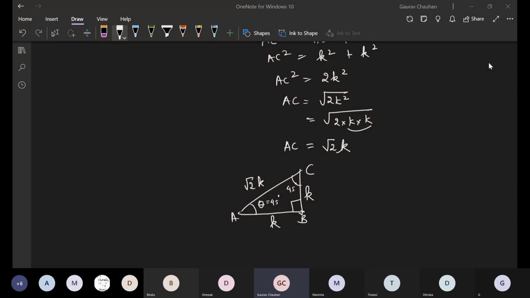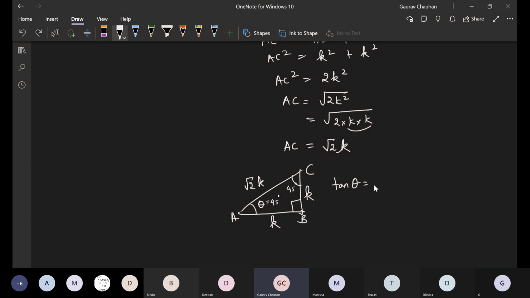Everyone okay so far? Any doubts so far? I have found all the three sides in terms of K so that when I take ratio, K gets cancelled. That's my intention behind all of this. I know theta is 45 degree. Now, can you tell me what will be tan theta? Even if you take the other theta, it does not matter. Tan theta is tan 45 degree. Can you tell me what it will be? Nishay, go ahead.